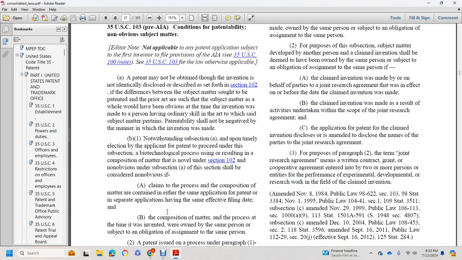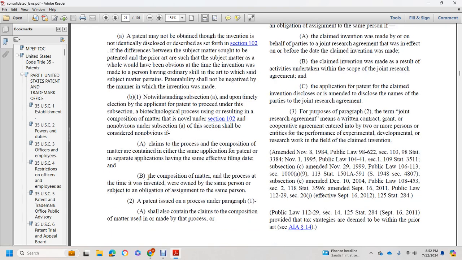Notwithstanding subsection A, upon timely election in an application for patent proceeding under subsection, a biotechnological process using the result composition of matter, the novelty under Section 102 and the non-obviousness under Section 103 should be considered with the non-obvious. A. The claim for the process of the composition may be contained either in the same application for the patent or in separate applications having the same effective filing date, and